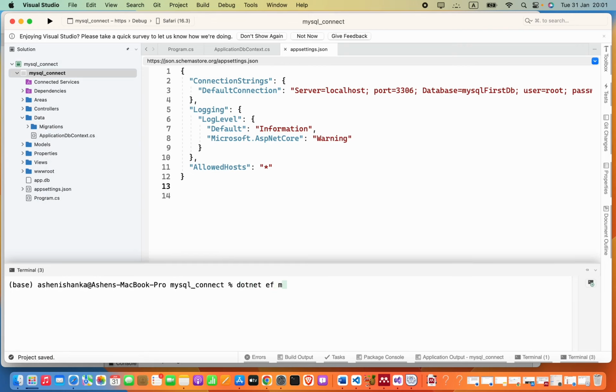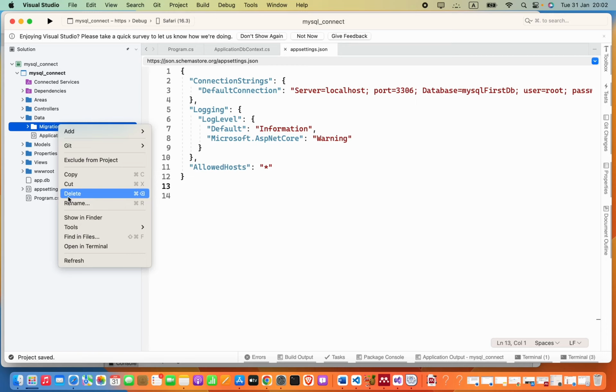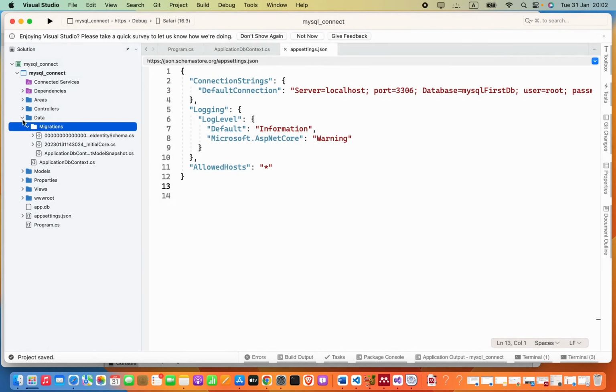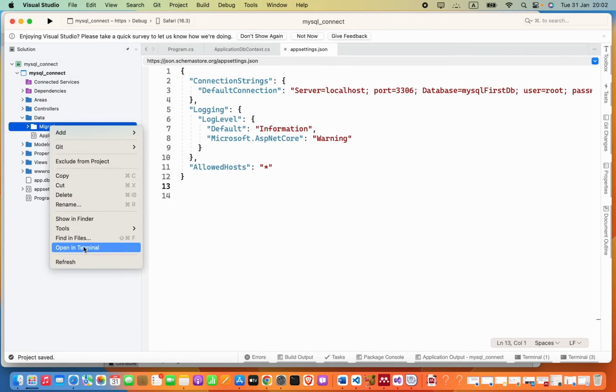ef migrations add InitialCreate. Now the thing is, you have to delete this migrations folder because there are existing migrations files. Let me show you these files. So delete that folder